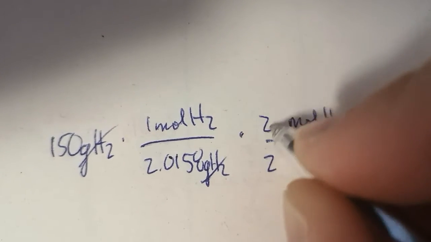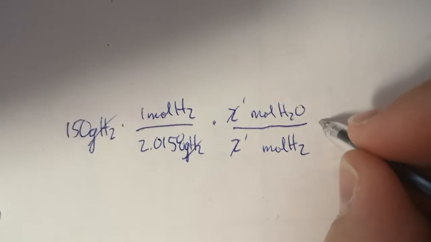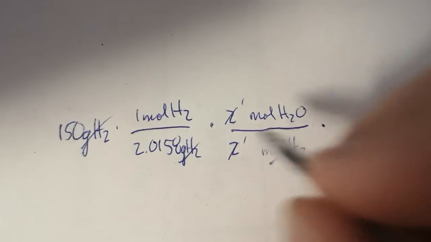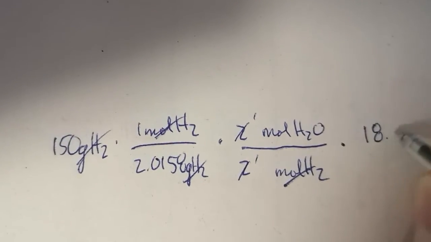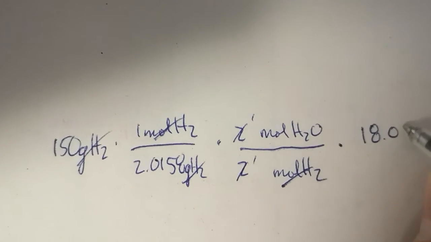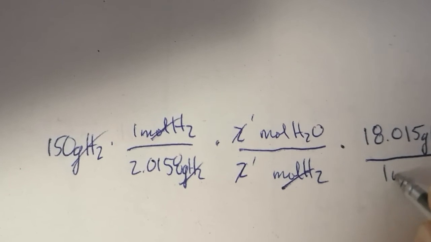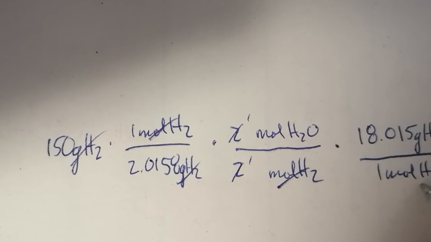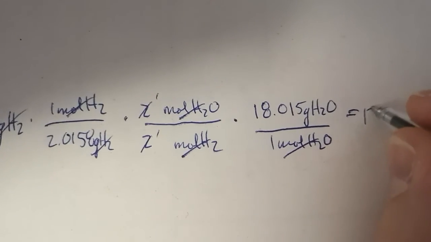Now this is a 2-to-2 ratio, which we can simplify to 1/1. Finally, let's solve for, now that moles of H2 are gone, we're left with moles of H2O. 18.015 grams of water for every 1 mole of water. Moles of water will cancel, and we're left with our final answer, which is